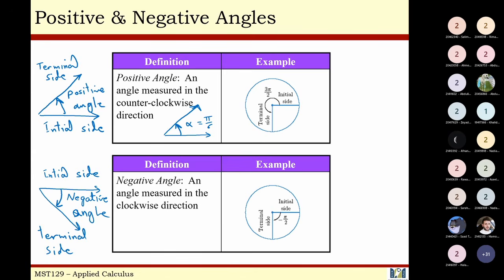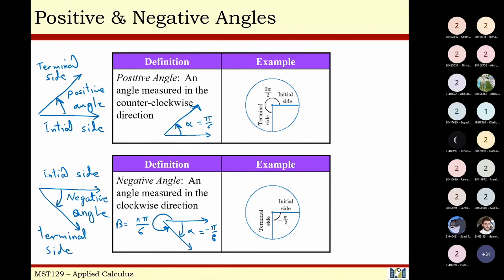Okay, and this is, for example, alpha equals minus pi over 6. But if we have the direction from here counterclockwise, this is positive. For example, this is beta equal 11 pi over 6, because one whole direction is equal to 2 pi or 360.